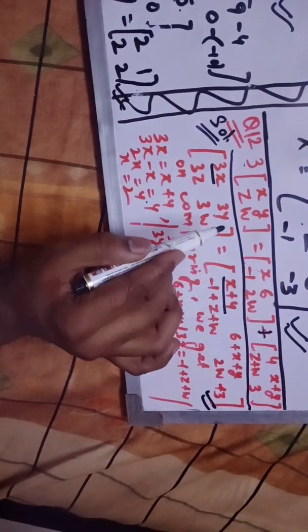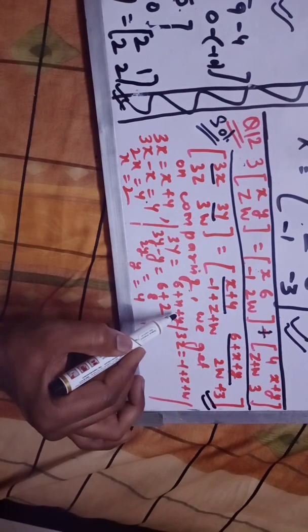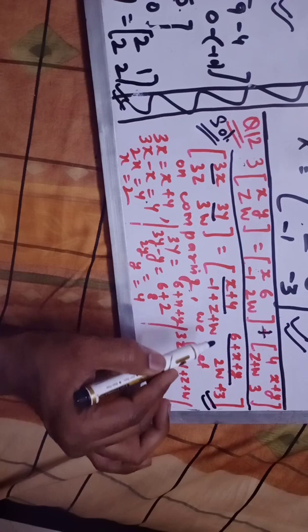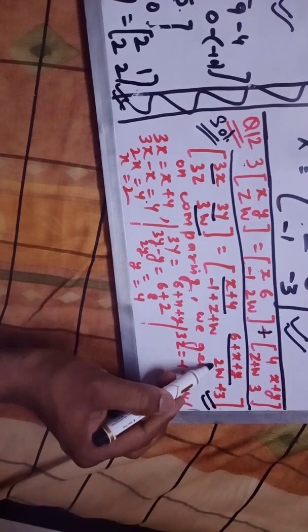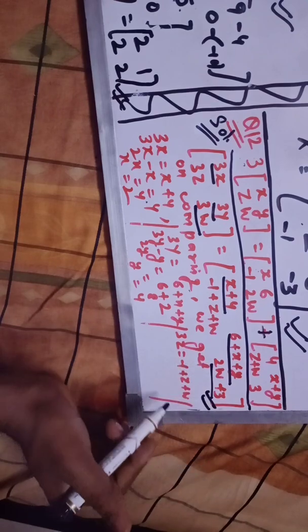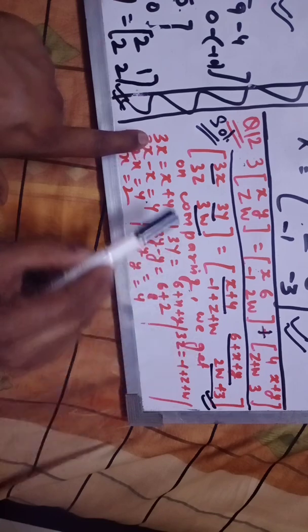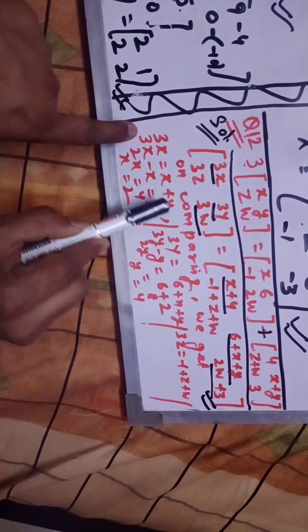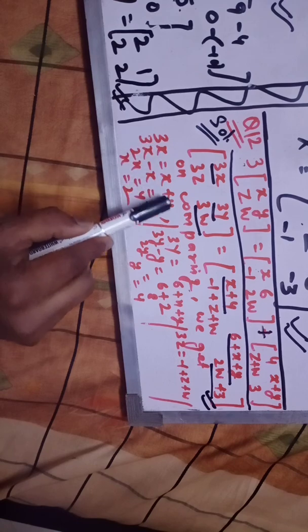Fine. And similarly, 3y is equals to 6 plus x plus y. So here I am writing. And 3z is equals to minus 1 plus z plus w. So here it is. And at last we have to compare this element with this element. So due to the lack of space, I am not writing here. So first of all, we are solving the first three equations which we are getting here. And that is 3x is equals to x plus y. So here x plus 4, it is not y, sorry, it is 4. So 3x is equals to x plus 4.